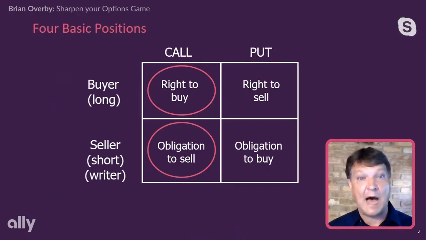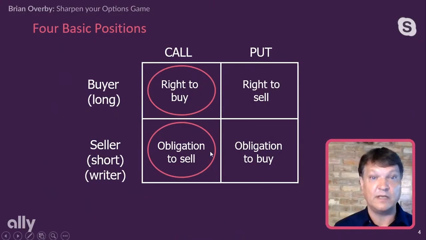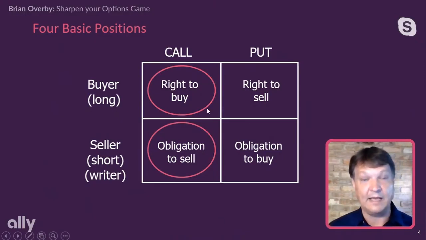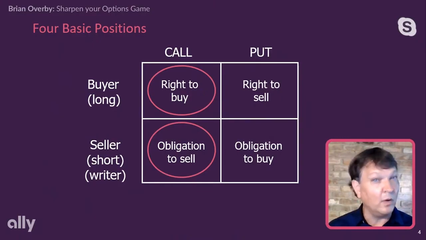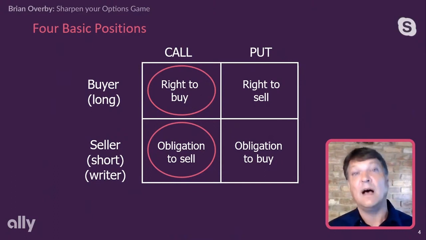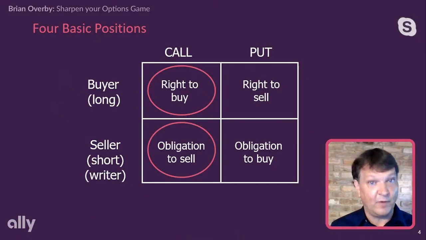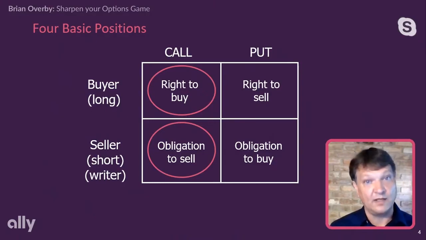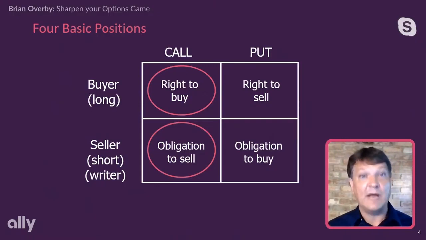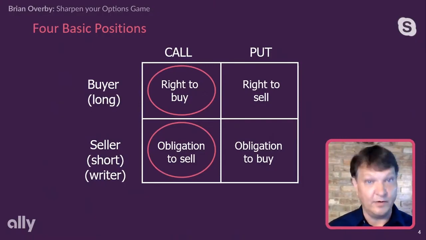If you are the buyer of a call, that means you're going to have the right to buy the underlying asset. In our instance, we're only going to talk about stock options today. We're going to make it simple. Options can be traded on a lot of different things, indexes in general, futures contracts, but we're going to focus on stock options. So if I buy a call, I'm considered long that call after I bought it. I will now have a right to buy 100 shares of that underlying stock at that predetermined price. We call that the strike price.